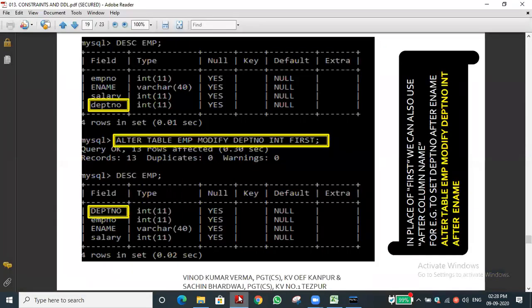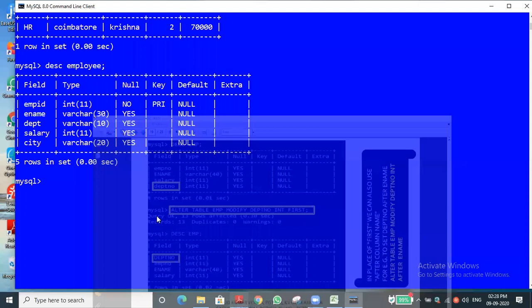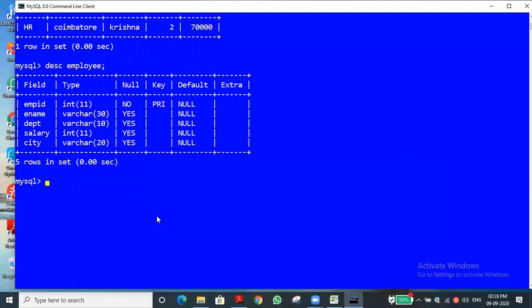You can see: alter table name, modify field name, data type, and where, after whatever the field name. Let you type the code. Can you say the query? Alter table employee, where employee is the table name. Modify city, that is the field name.